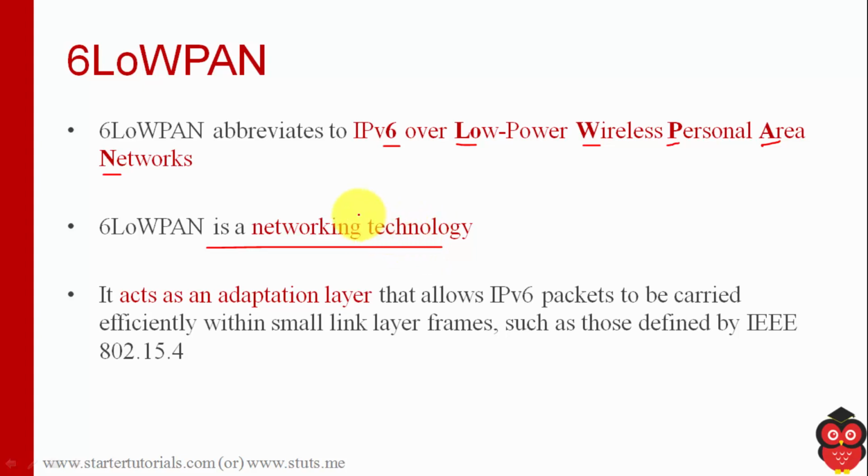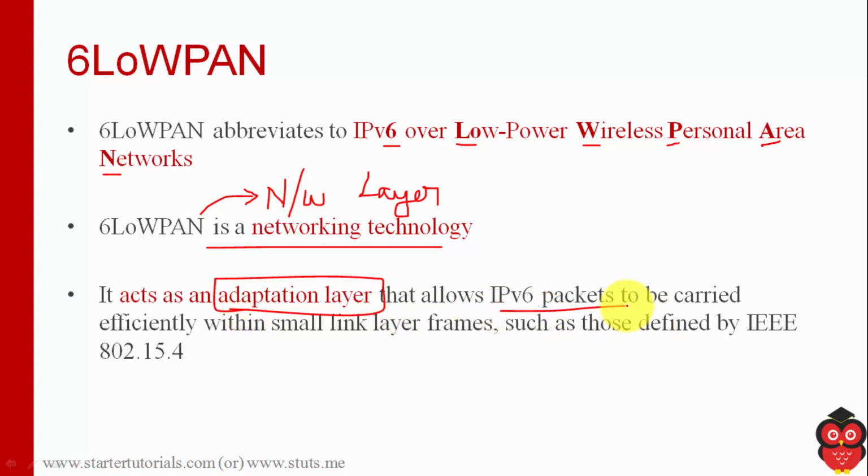In the OSI model, or if you consider the TCP/IP model, 6LoWPAN falls under the network layer. It provides an adaptation layer, a set of functionalities which allow IPv6 packets to be carried efficiently